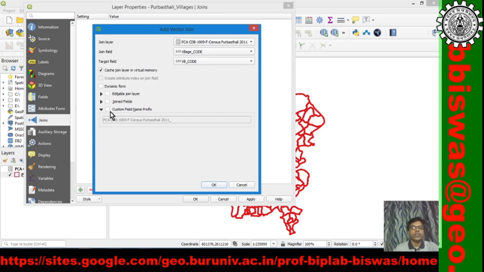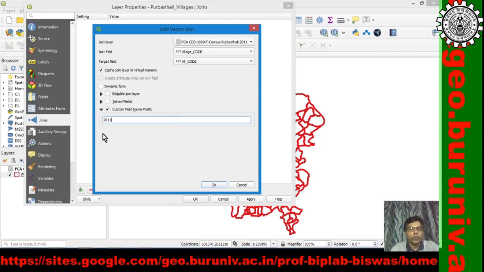Custom field name prefix: yes, we can customize this field name prefix by 2011, because this is 2011 data, and we add an underscore. So this is a prefix. Each field will have 2011 because we can add 2001 data, 1991 data, 1981 data.